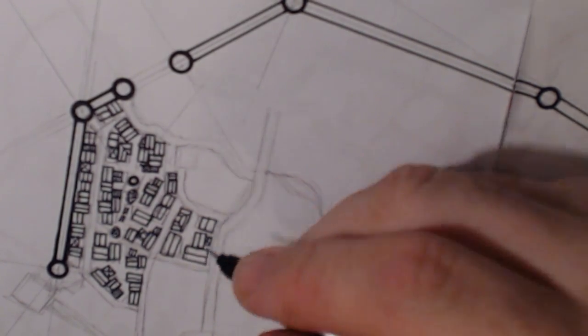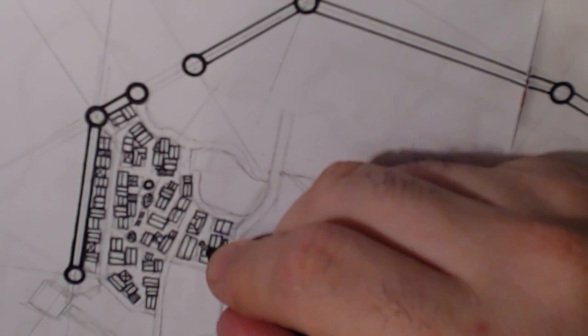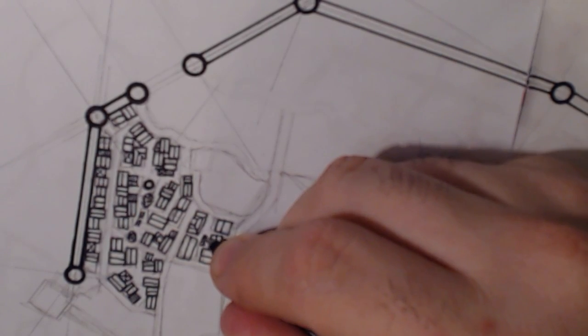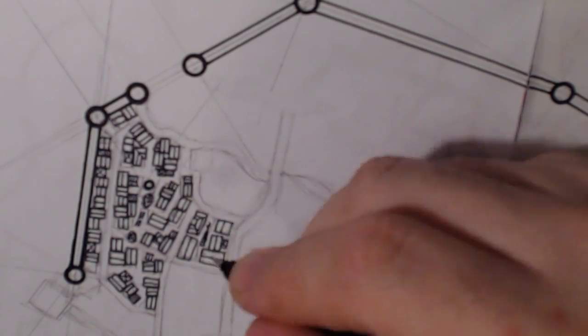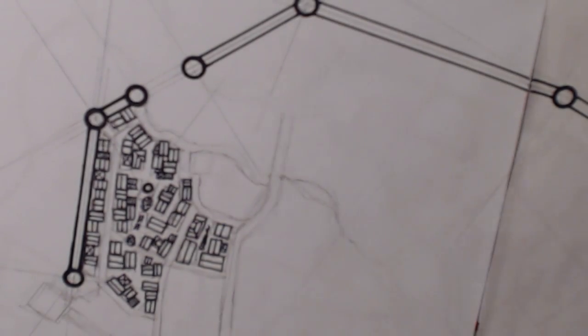This area is actually not using its space very efficiently, and I'm going to put more trees in this area here. So between those houses, again, because there is a park there. In fact, let's go ahead and